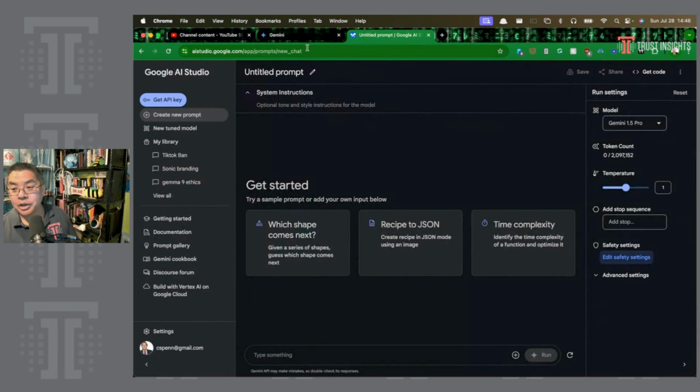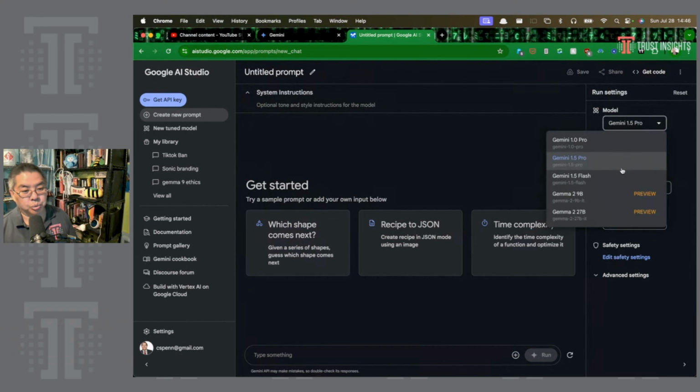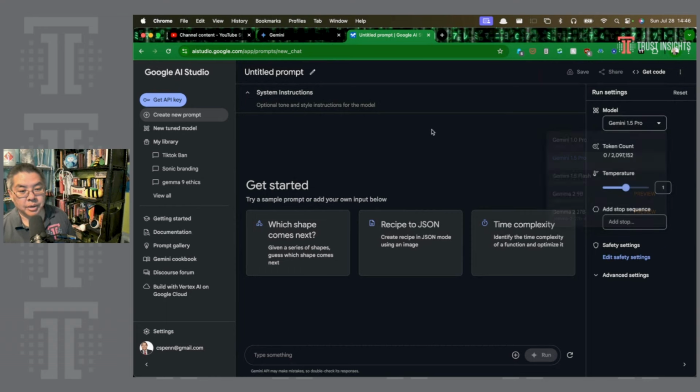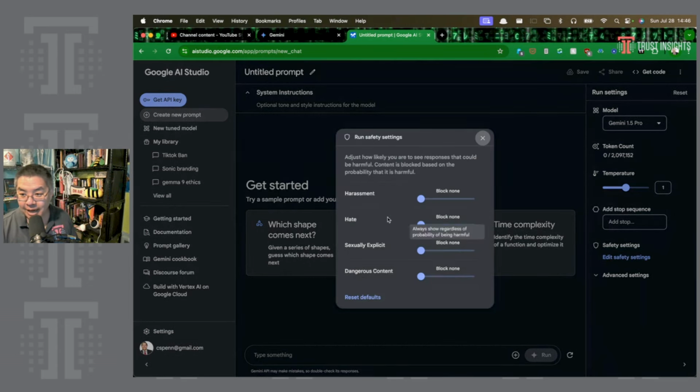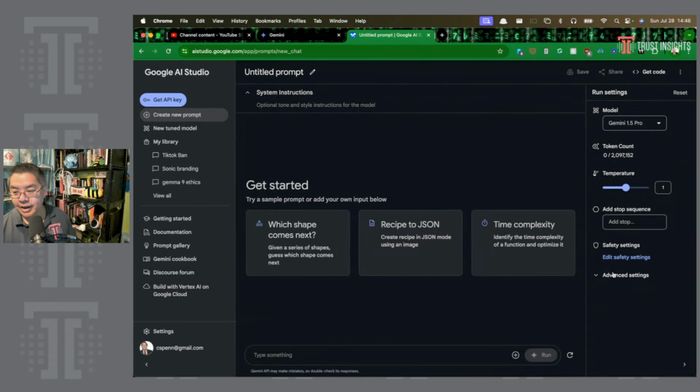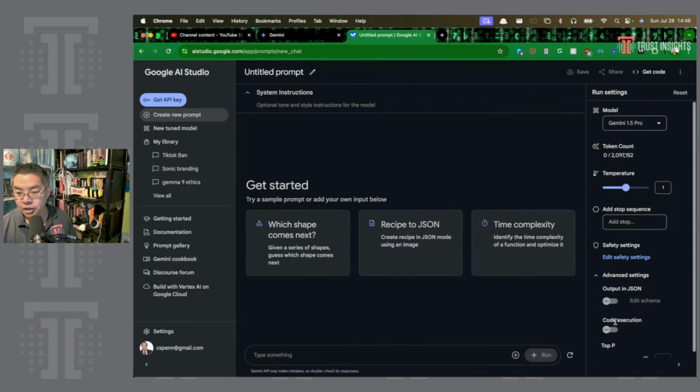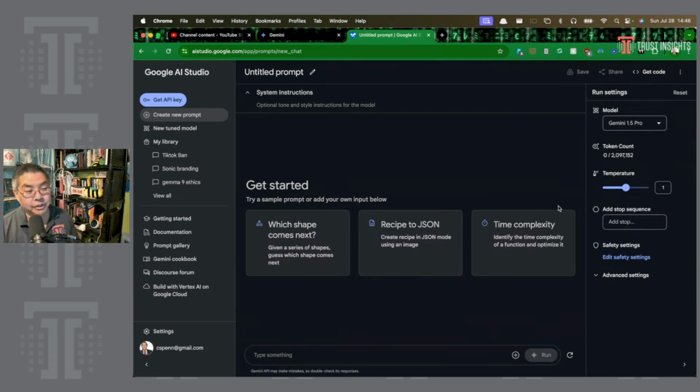The developer interface within AI Studio has a lot more stuff. There's a model selector here, which lets you choose which version of Gemini you want to use. I'm currently using 1.5 Pro. It has a temperature setting, which allows you to tell the model, be less creative or more creative. It has safety settings that you can turn up or down, and even advanced settings, like I want you to write code, I want you to return your responses in a different format, and you can change things like the